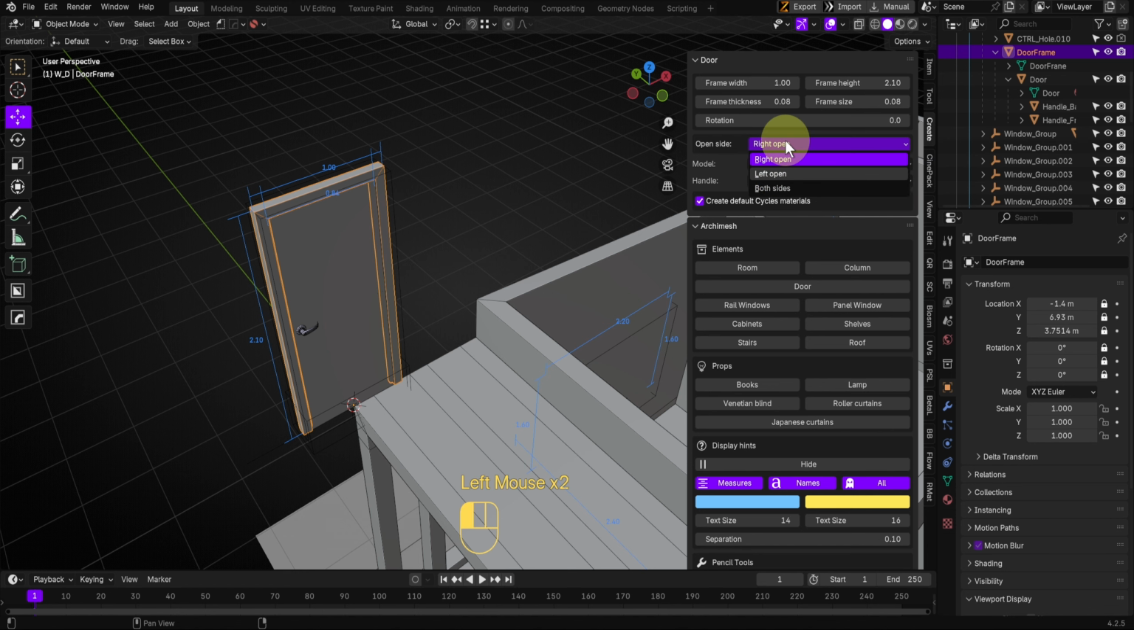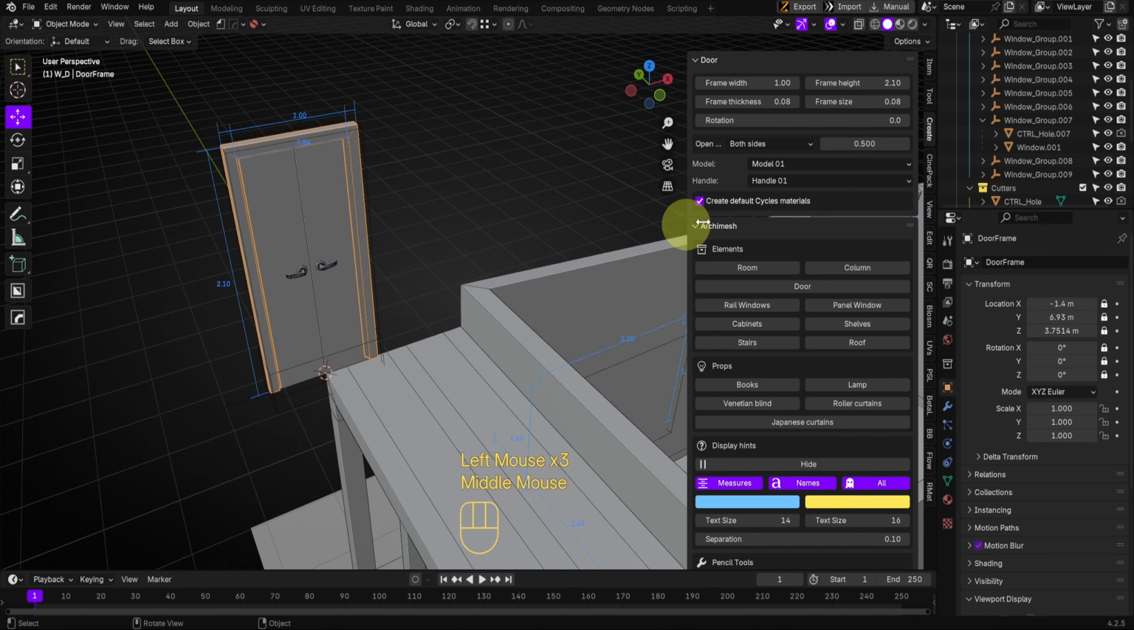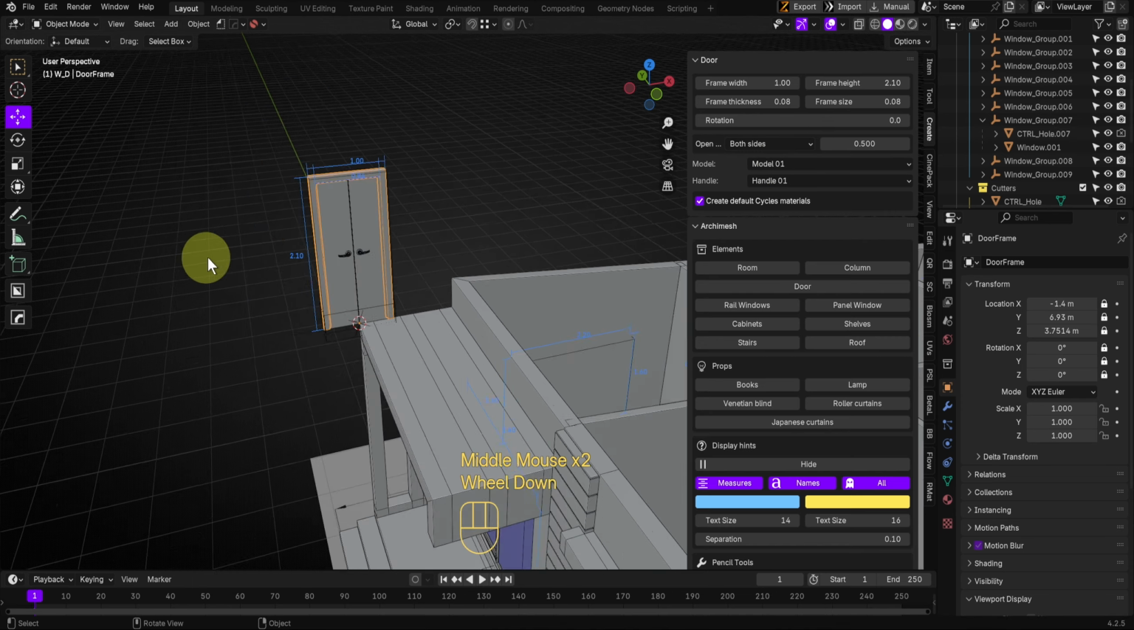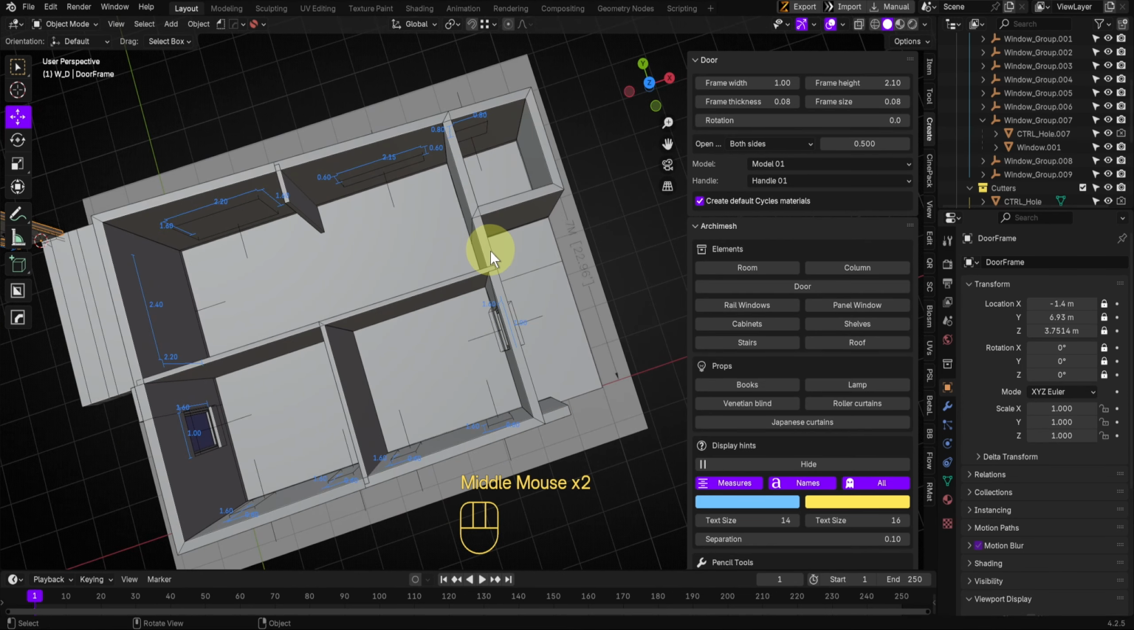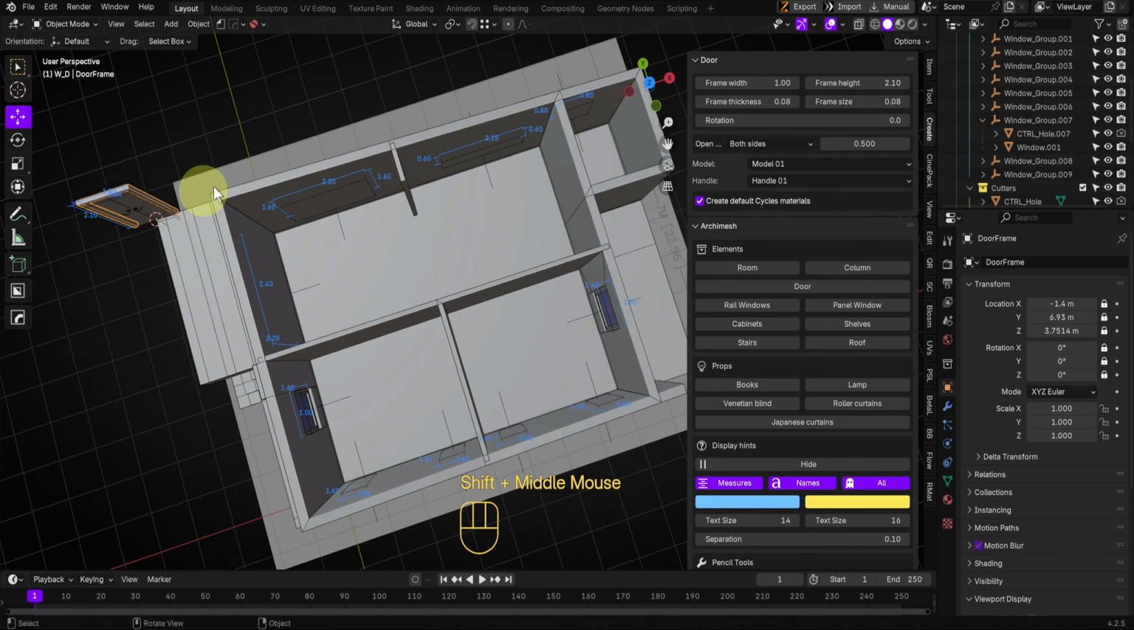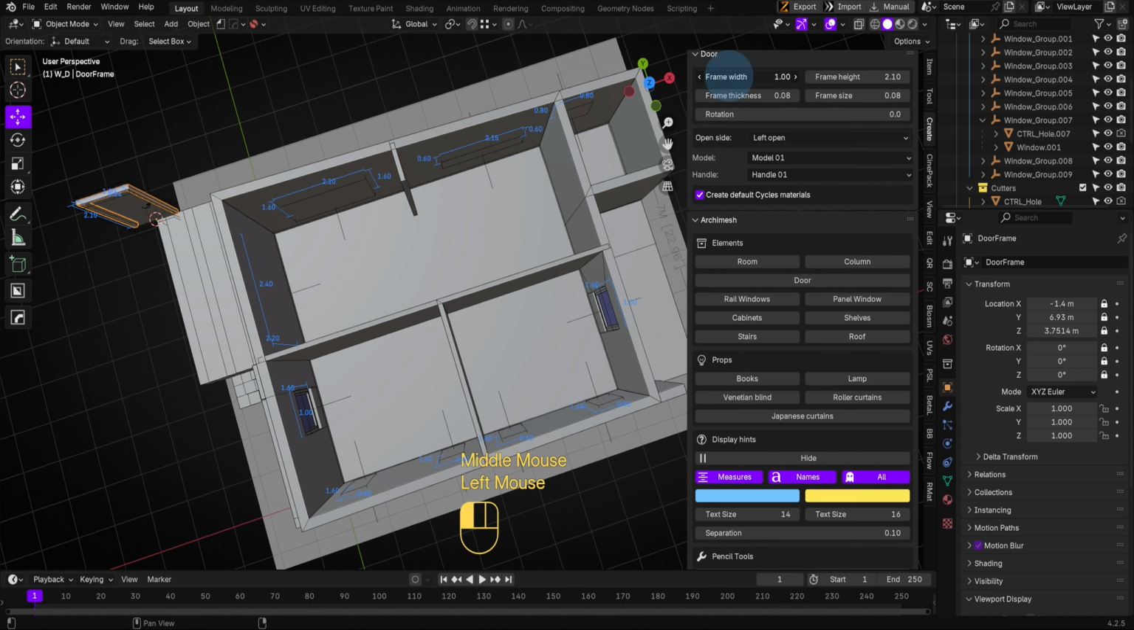You can switch, or you can use both sides if you like. Okay, we've not checked for this part. We'll check the side that is opening so that we can tweak the values accordingly. And then we have different handle types. I'll just stick with model 1, and I'll leave it in left open for now. So for the width, let it be 0.9, and for the height,